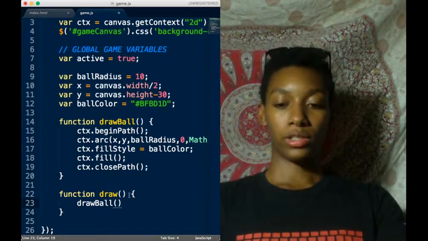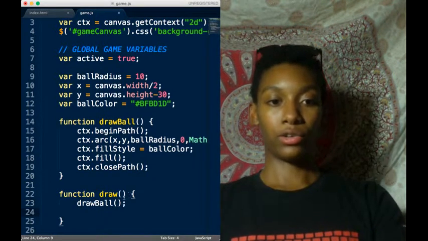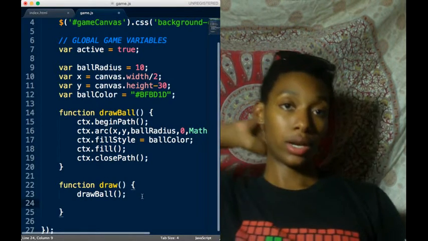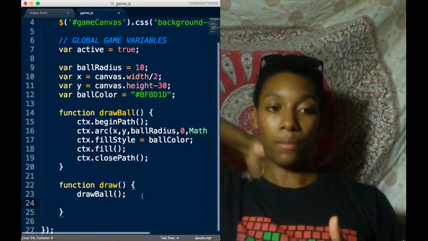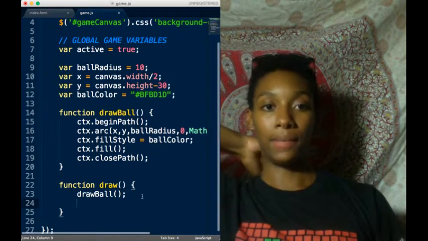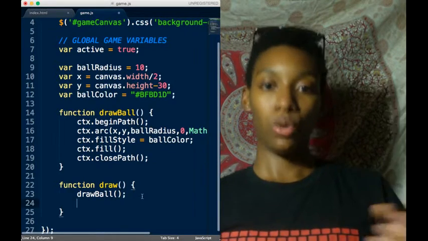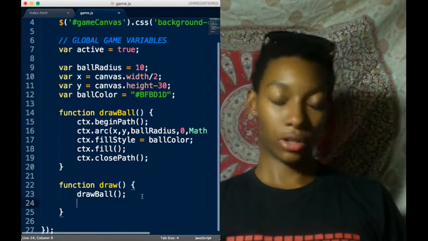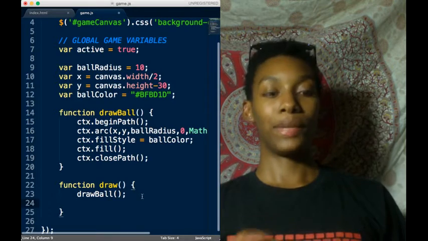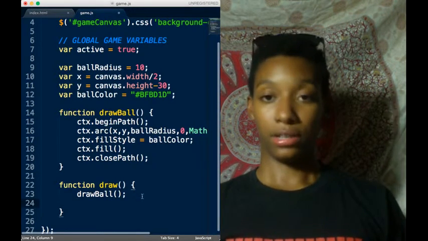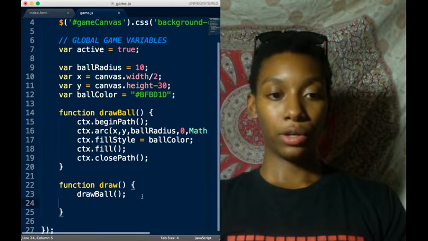It's important to note that the draw function loops, and it's going to constantly loop throughout the entirety of the game. It's the same way you have a film strip, like old films, where they're just a series of pictures, even current films, a series of pictures shown very, very quickly one after the other. That's exactly what draw is going to do. So we put draw ball in there,